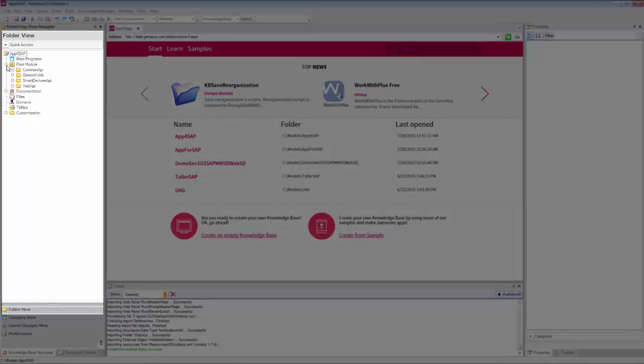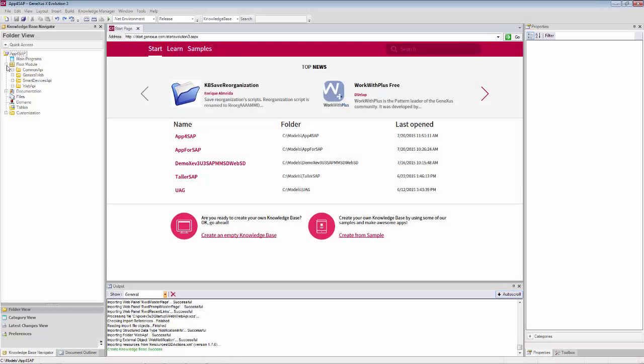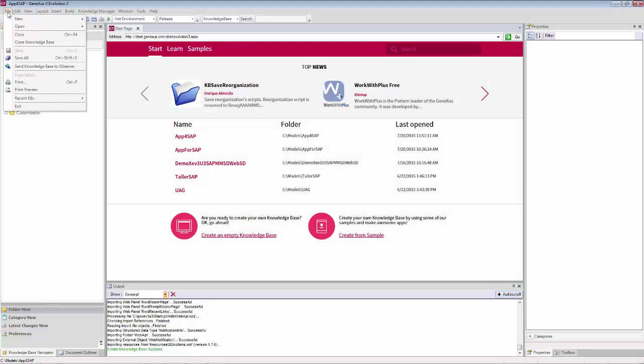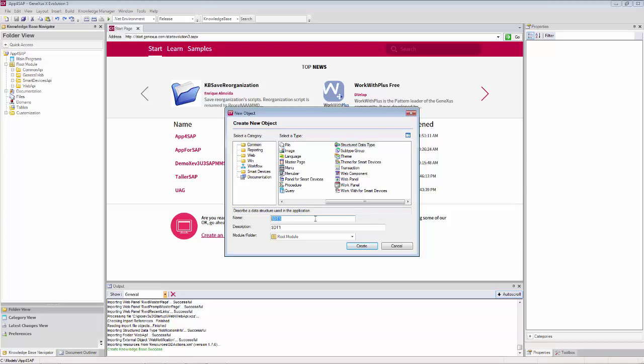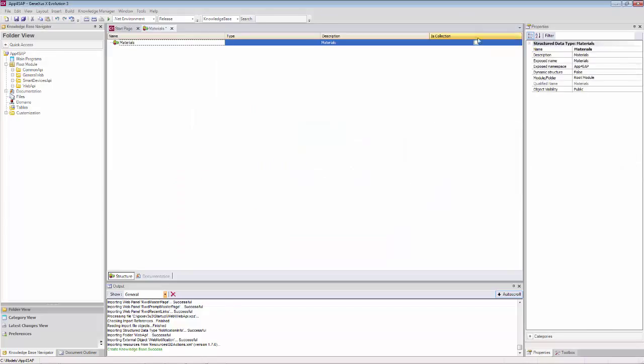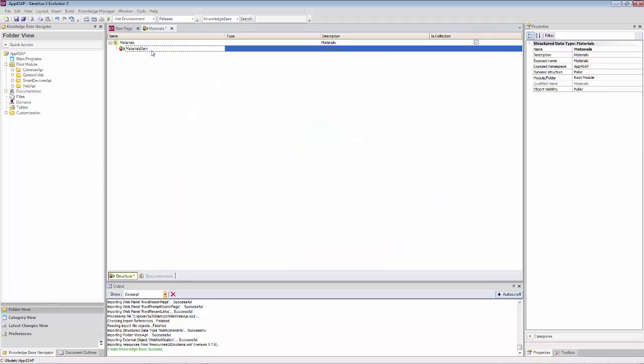Among other things, all the GeneXus objects that will implement our application will appear in the View folder. We will start by implementing the panel to show the materials of the ERP. For each material, we will want to show the identifier and the description. So we will create a structured data type that we will name Materials. This will be a collection of items that we will call Material,